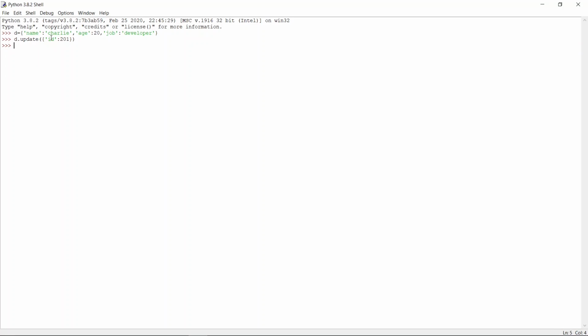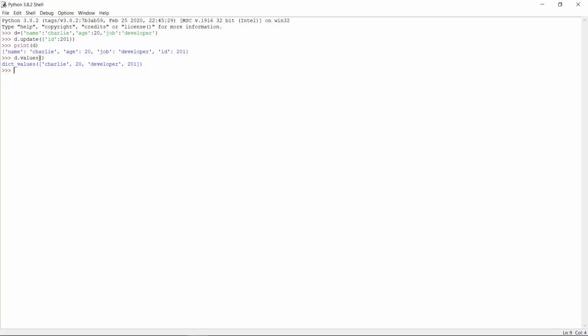Just print now d. Here you can see the last id. Okay, let's see what is next. The next one is values. Values means if you want to print only values, like Charlie and so on. You have to mention the values method, then it will print only values.